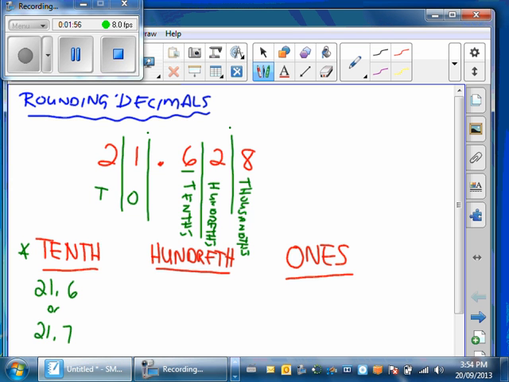Well, if we remember back, 4 or less, it stays down. 5 or more, it goes up. So what we do is we ask his friend to the right, are you 5 or more or 4 or less? And in this case, it's clearly 4 or less. So therefore, this is going to round to